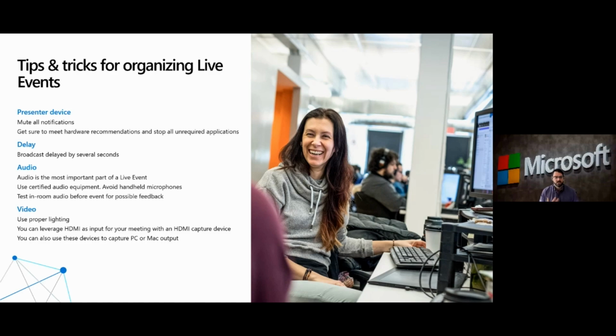The other piece is make sure you're using the right lighting. There's nothing worse than a camera that can't focus on you because it's too dark. And we've had this where we'll be in conversations and it's the middle of the night where we're presenting and people's lights in the room aren't bright enough, and so the camera is trying to compensate for that. So just understand that there are some tips and tricks around doing this.